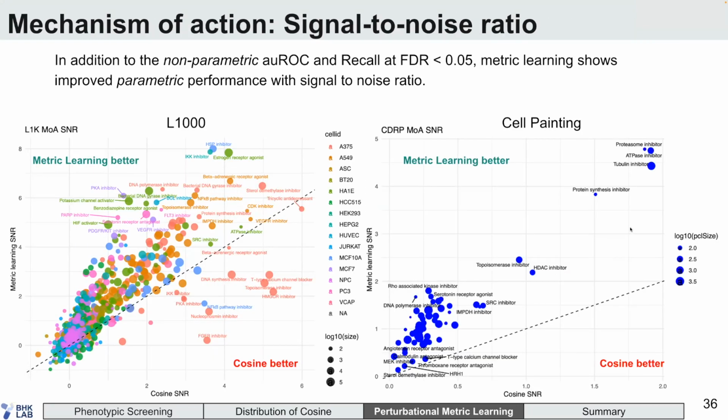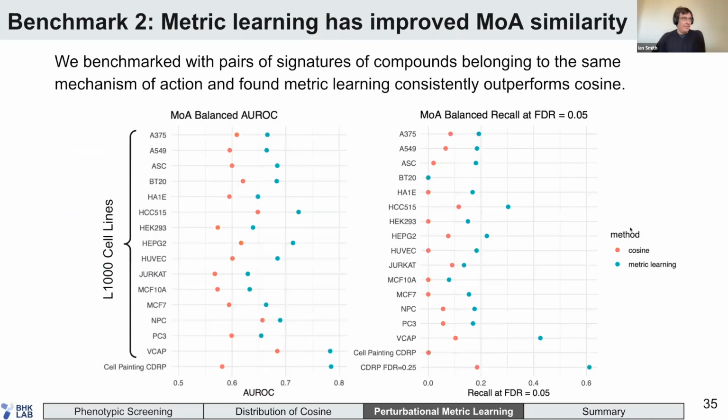Can I ask a question, please? Can you please tell me exactly what is the prediction task for each individual compound? What are the negative samples? Right. Yes. So